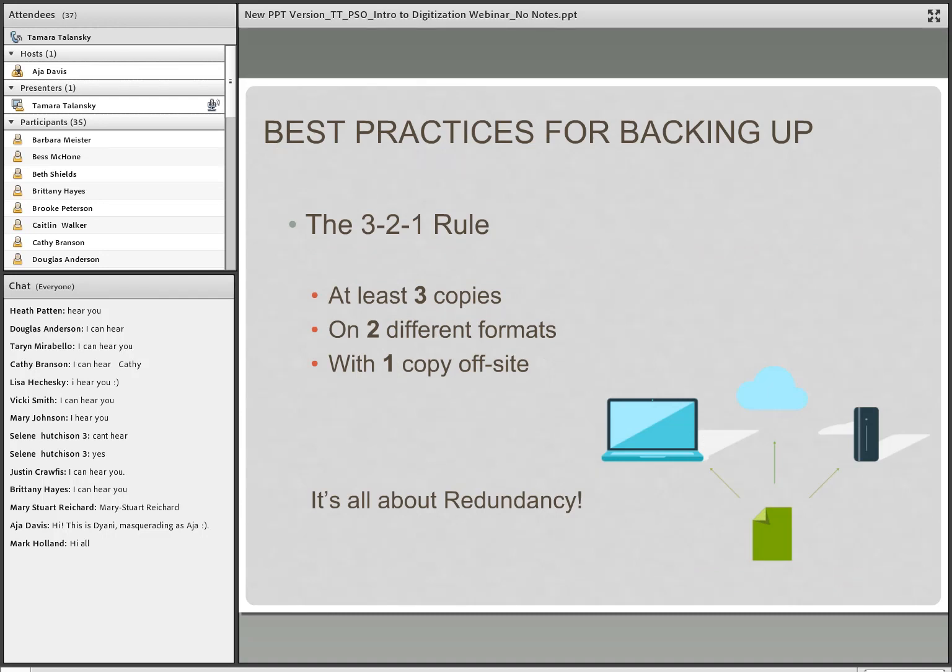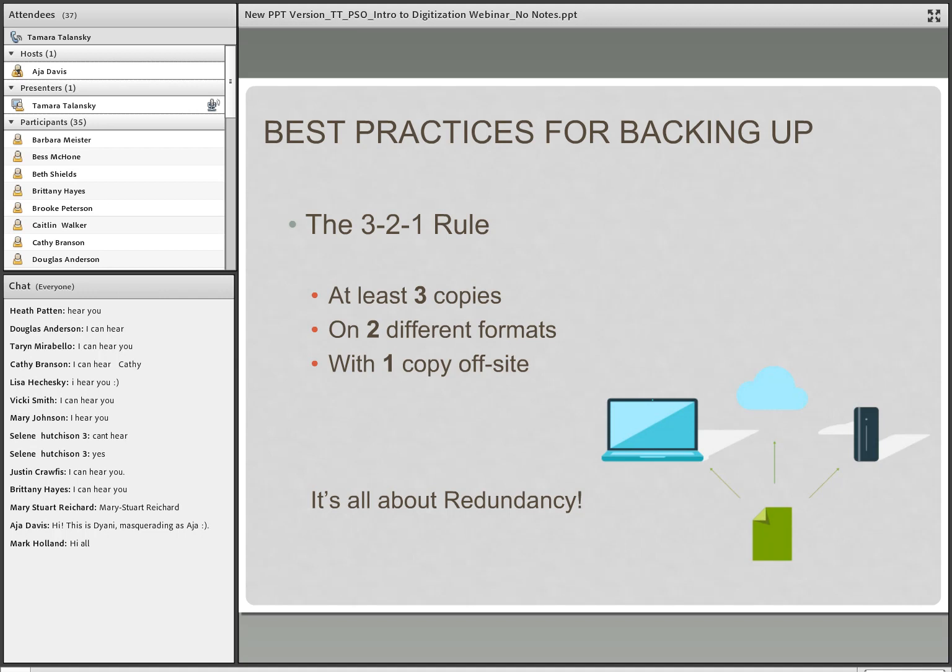So, the main thing to remember is the 3-2-1 rule. To lower your risk of data loss, it's imperative that you have at least 3 copies of your important data, ideally in 3 locations. So the 3-2-1 rule: at least 3 copies, and these should be kept in different places on at least 2 different formats, with 1 copy off-site minimum.